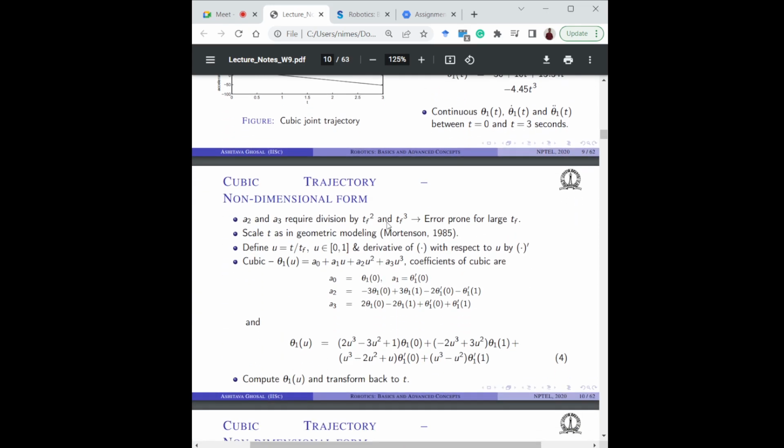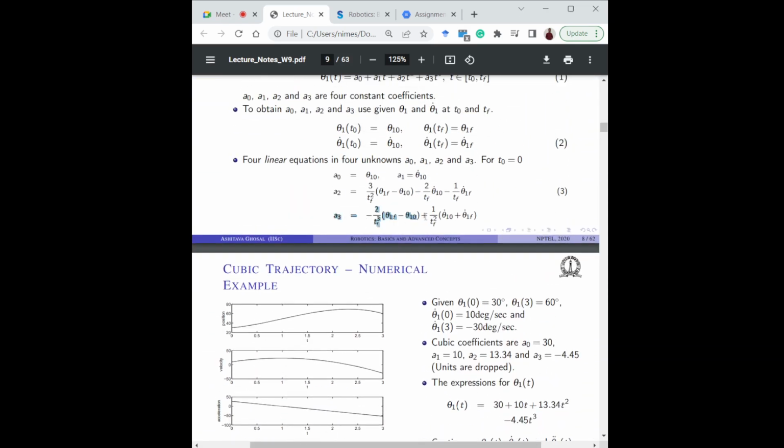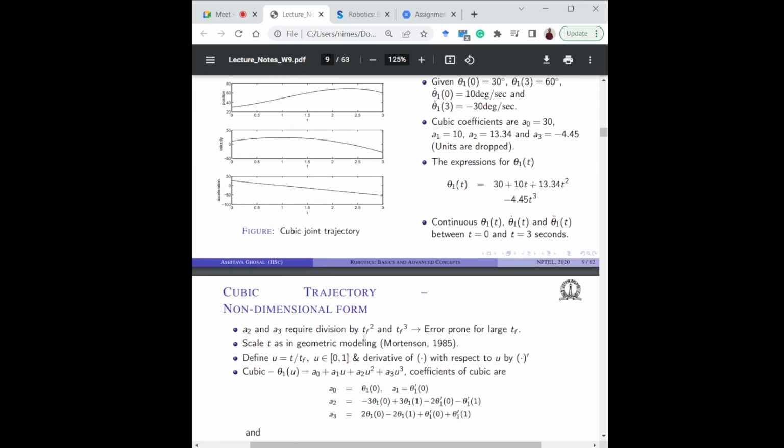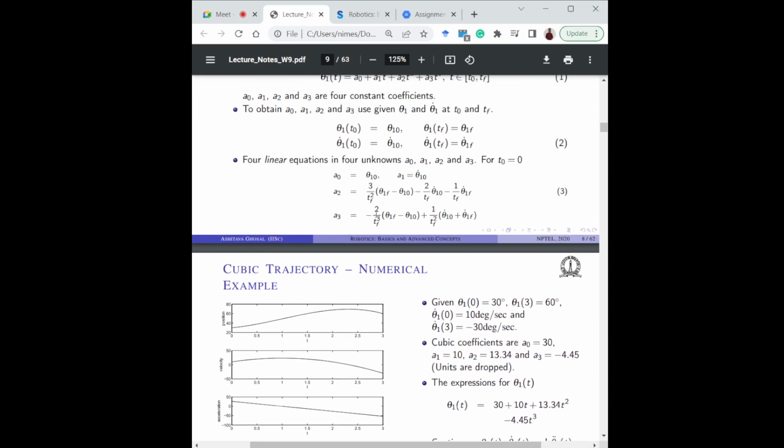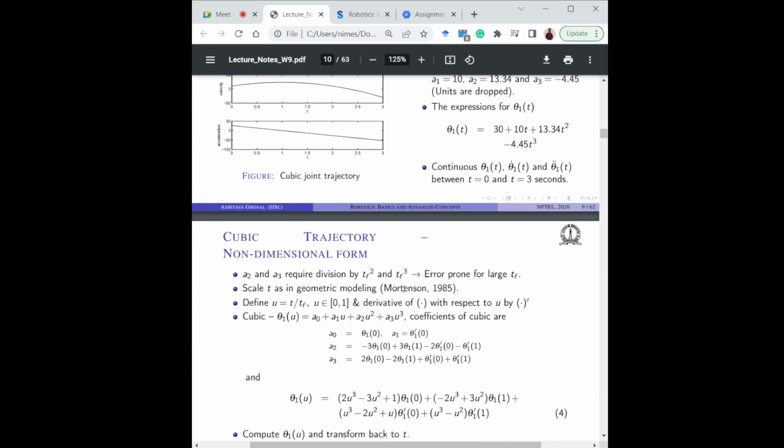Okay, then there is this non-dimensional form. So what does the non-dimensional form essentially mean? If you see this A3, and even A2, they are divided by tf squared and tf cubed. So whenever tf is very large, it can introduce some errors in the trajectories. Okay, so what we do is we